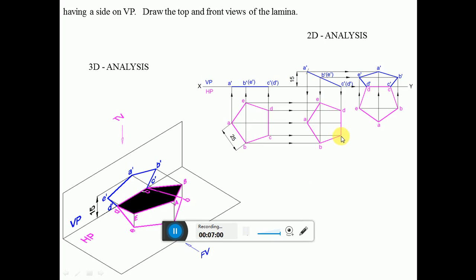That means measure the length from this to this. Obviously that will be the same as C dash D dash, because C dash D dash is parallel to HP. So I am getting the two lengths here. What is the length of C dash D dash? The length of C dash D dash is 25 mm. So obviously CD is going to be 25 here. So the CD will also have 25 mm.